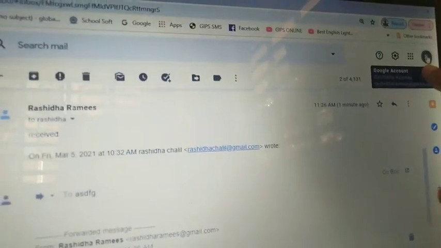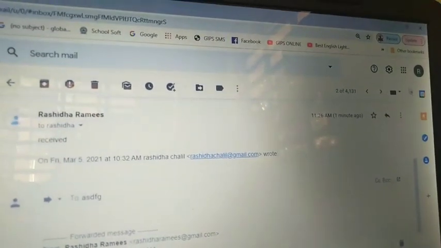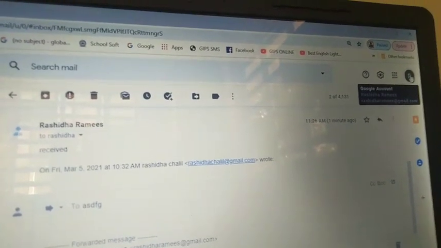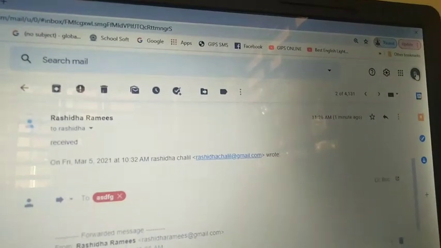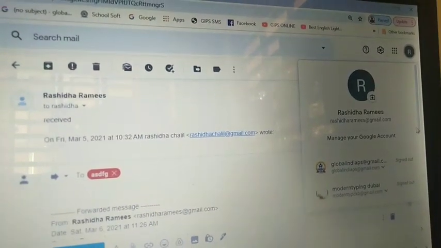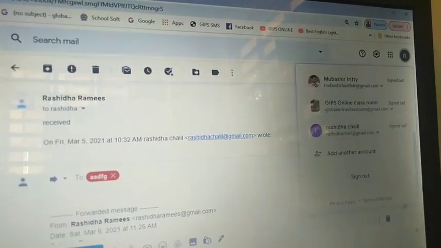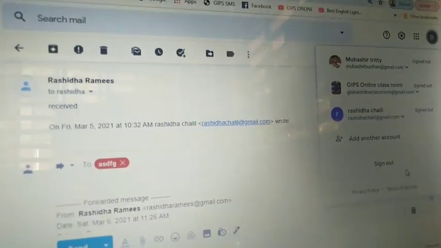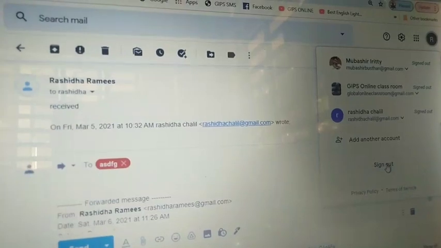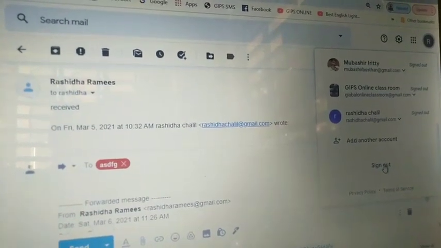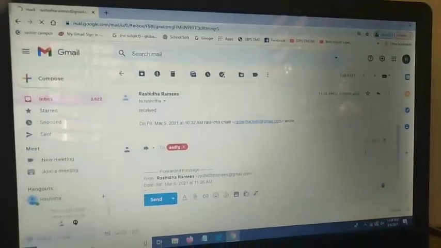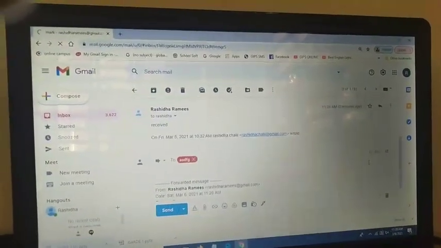Then you can see a letter R, and click on here. Then we can drag this bar. Then at last you can see the sign out option. Then click on this sign out option. Our account is signed out.